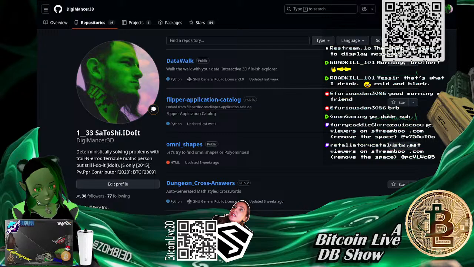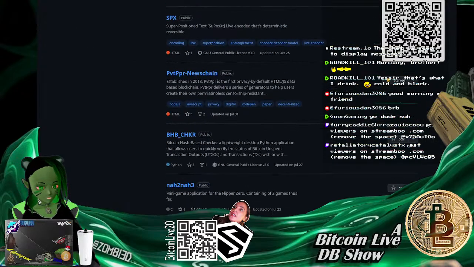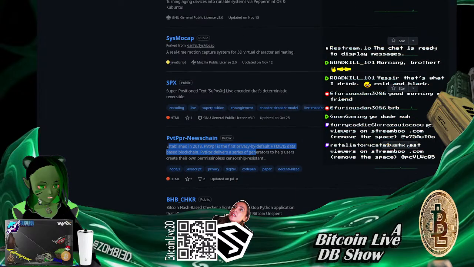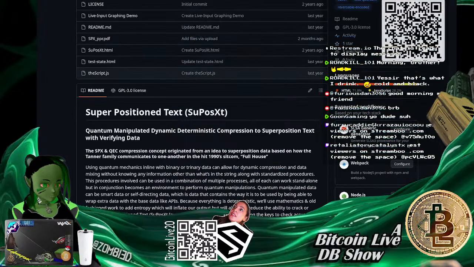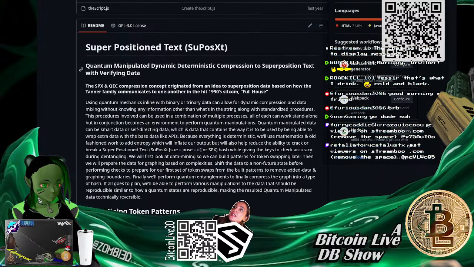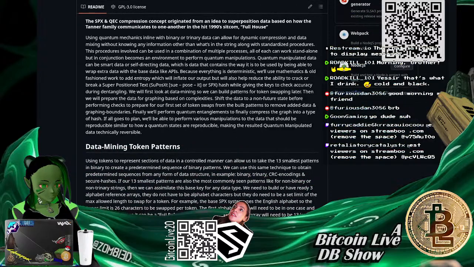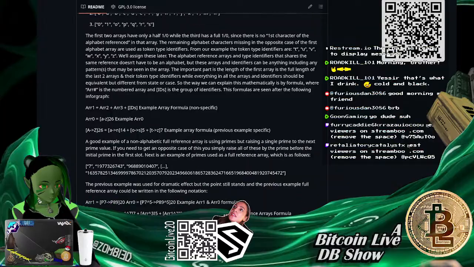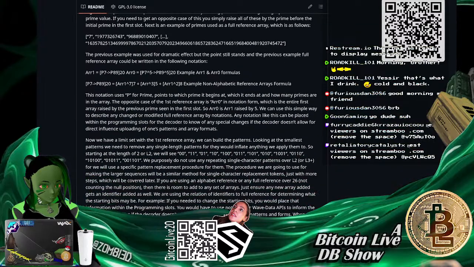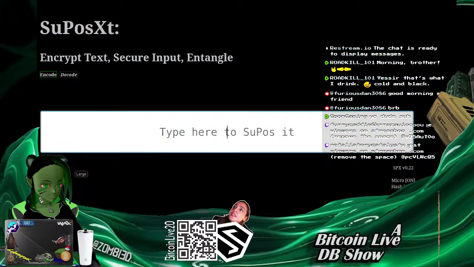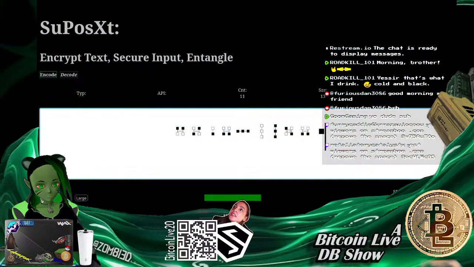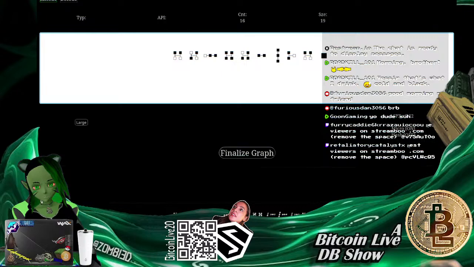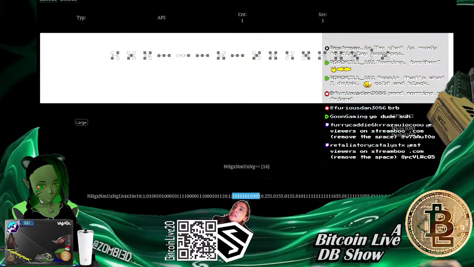Anyways, if you look at the stuff that I'm building, freedom-giving technologies, quantum using technologies, here's one of my projects right here that I would have never been able to make if it wasn't for W3 Schools. Superposition text, using quantum mechanics to store data in a manner that is recallable. Let me just show you what that looks like. This is what this looks like. I can't even see what I'm typing. That's how secure it is.